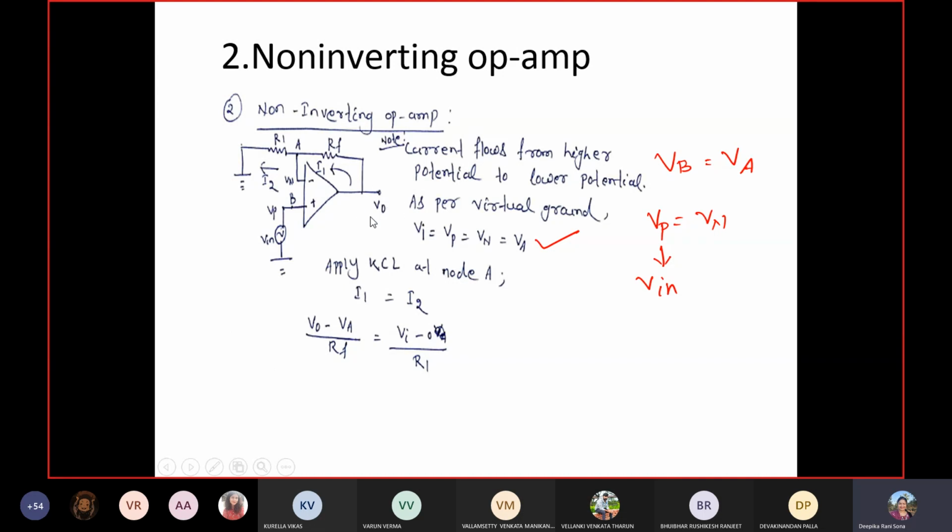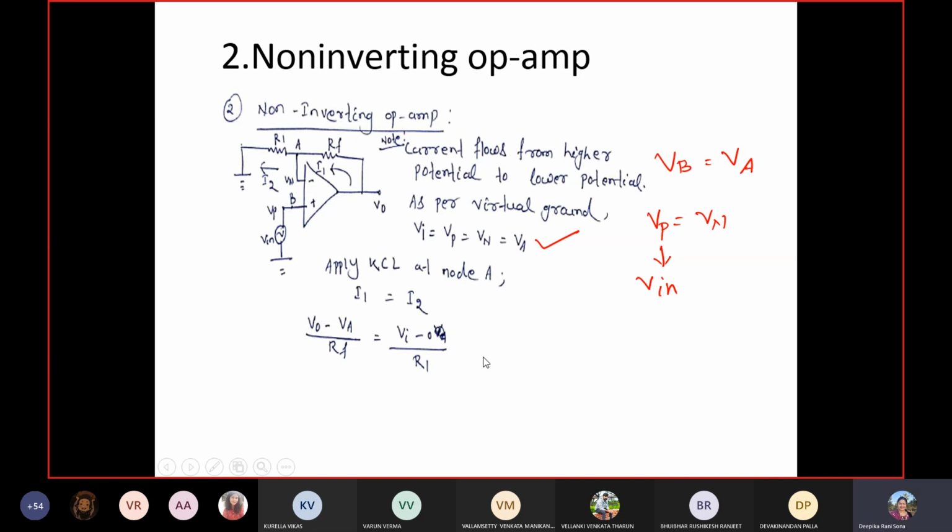Now we have the potential available at the output node as V0. It means this is a higher potential than this potential. And we know the property of the current: current flows from higher potential to lower potential. So now the direction of current will become V0 to Va and from Va to ground. If I define the KCL again at node A, what should be the equation? I1 equal to I2. Now this one is I1, this is I2. So what is our I1? V0 minus Va by Rf, which is equal to Va minus 0 by R1.